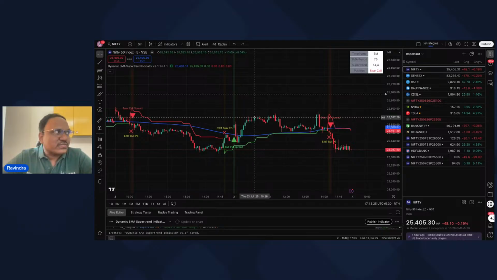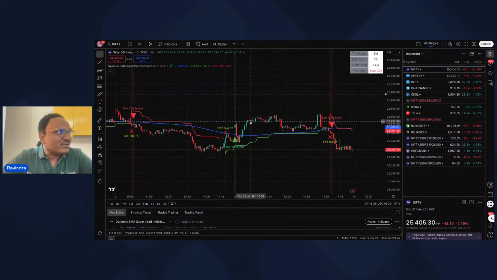So in this case, that's what happened. While I did not have a written target today, I thought, okay, I should exit here so that I will be able to focus on my other trades. In fact, after I exited, it went up a little, but that's okay. I can't help much. In fact, it also went up here, but that's absolutely fine.